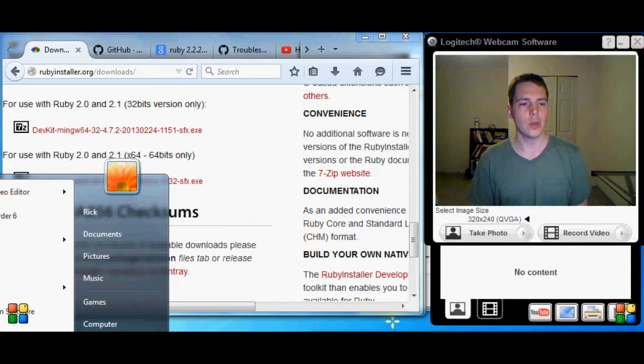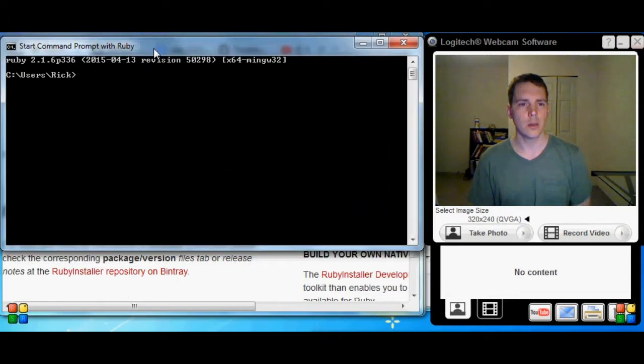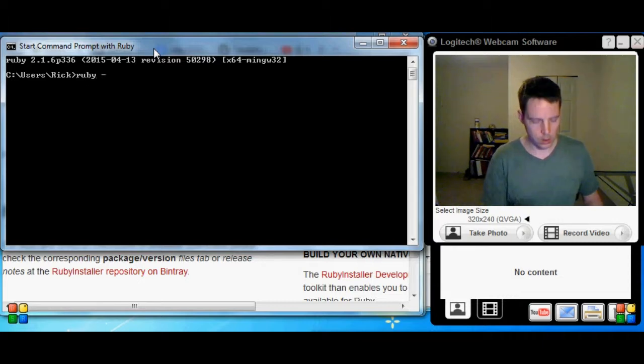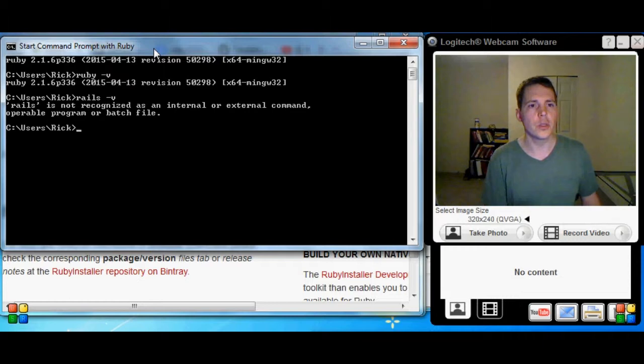Okay, let's try this command prompt again, and let's see what happens. ruby --version. Okay, there's our 2.1.6. Rails version. Just not there, so that means we need to gem install rails,